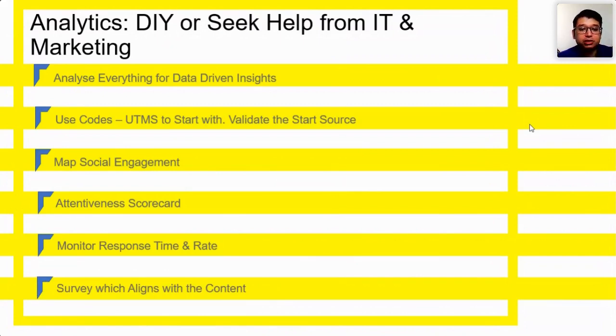Survey which aligns with the content. Many times surveys are looked upon as a theme being talked about and a product being asked about. So there is a delta, a mismatch, because of which people tend to miss out on the surveys. It's better you ask survey questions based on the content. One quick assessment you can do online is to give a handout and follow it up with a survey with curated questions which do not come in a CCP model,